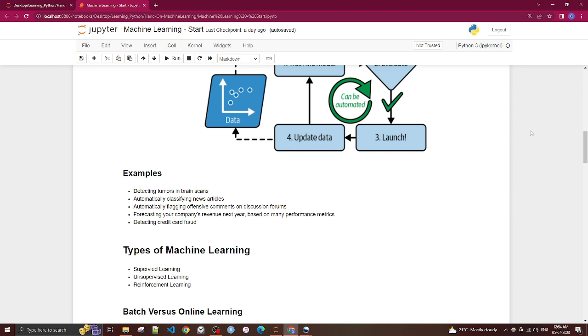Next, I want to talk about reinforcement learning, which is very different. In this, there is something called an agent. The agent will perform something on your data.